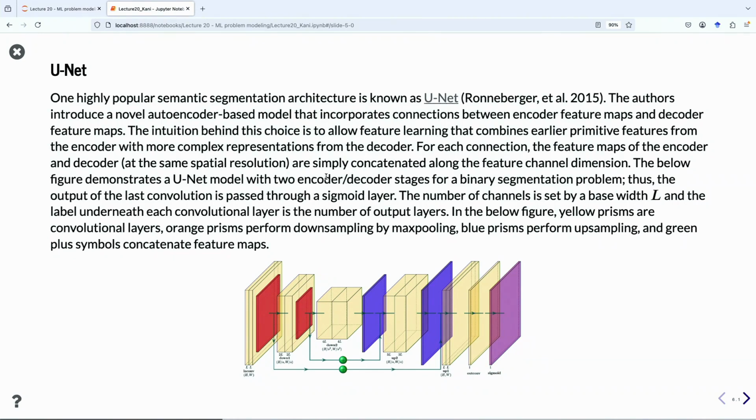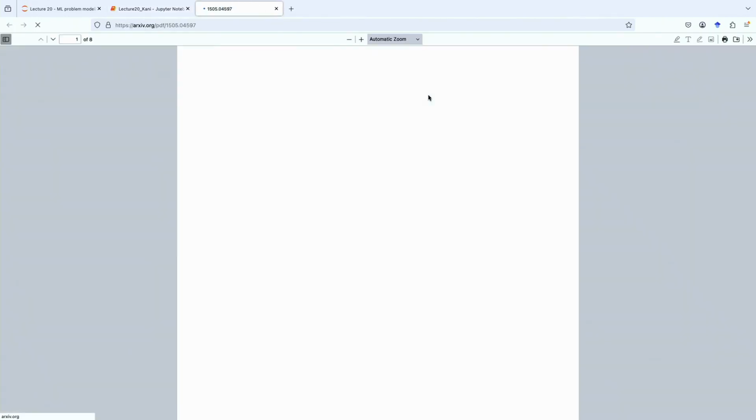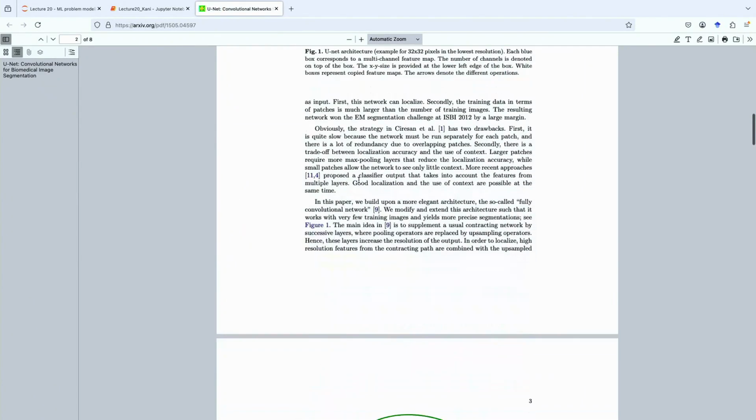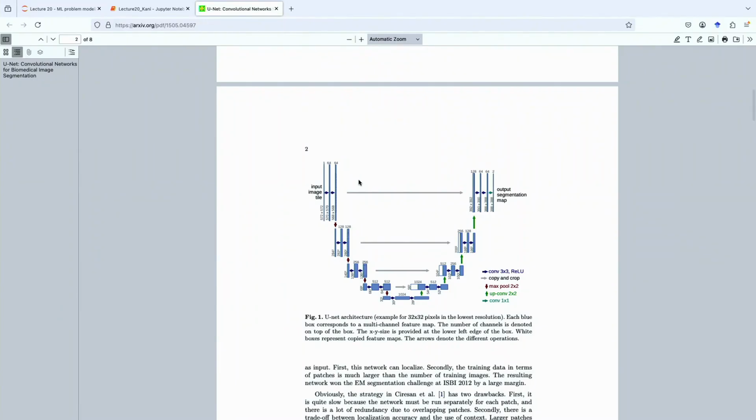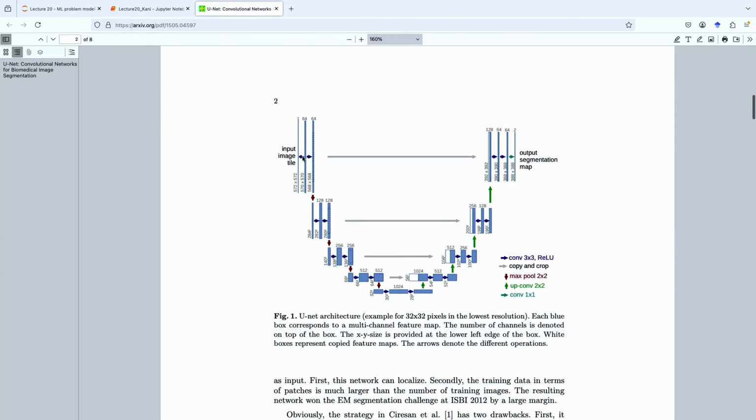Does that make sense? Does the intuition make sense behind it? I think I forgot to output the actual results. I should have. Oh, we could go to the actual paper. Another way to visualize this, again, we have the architecture, and all we're doing is basically taking the output of an encoder layer and appending it to the input of the corresponding decoder layer. Okay, so you have this symmetry going on. It's kind of beautiful when you visualize it correctly.